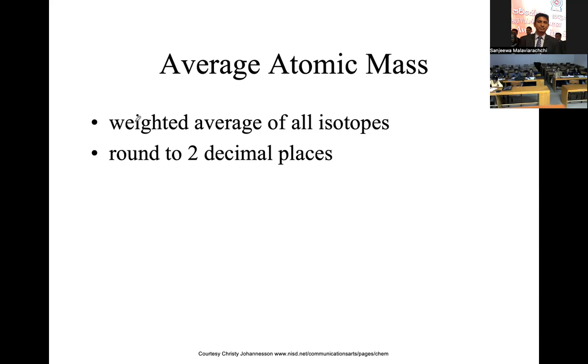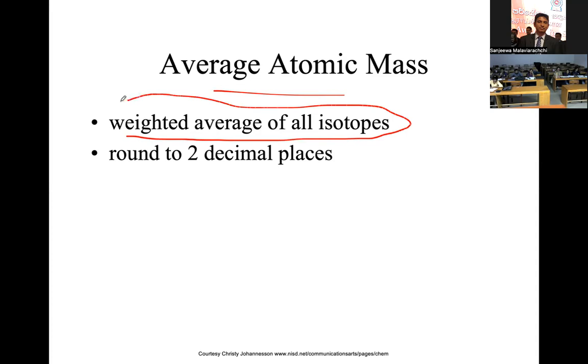Okay, so we have another concept, that is average atomic mass. What is the average atomic mass? That is the weighted average of all isotopes. Normally, we put it into 2 decimal places. Weighted average of all isotopes means one element can have different isotopes, for example carbon-13, carbon-14, like that. You can have several isotopes, and these isotopes are abundant in the